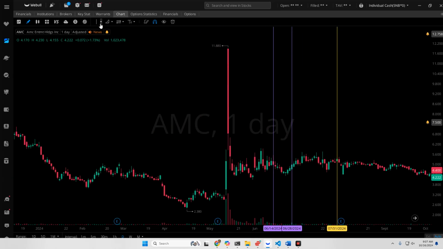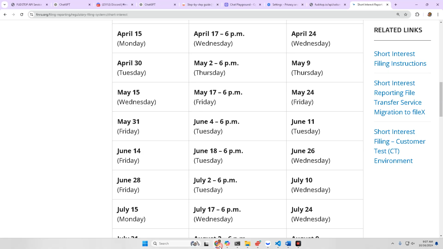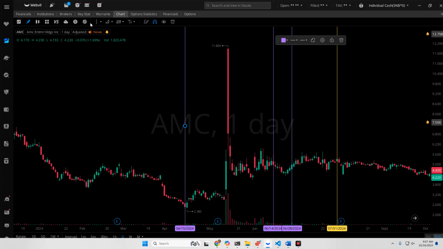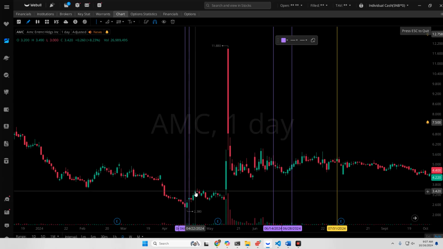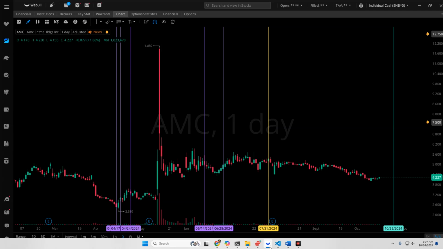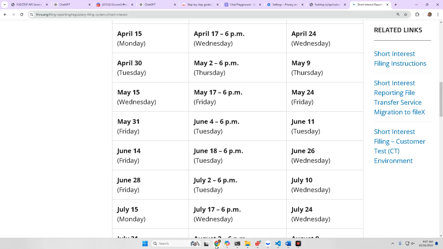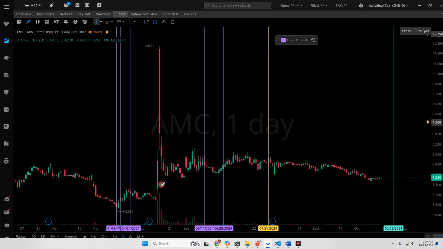Let's see here, April 15th, right there. And we're going to go to April 17th, right there. And we got the 24th, which is right there. So these are representing the settlement windows, and there's two per month. You have one at the beginning, one at the end. So we have April 30th,